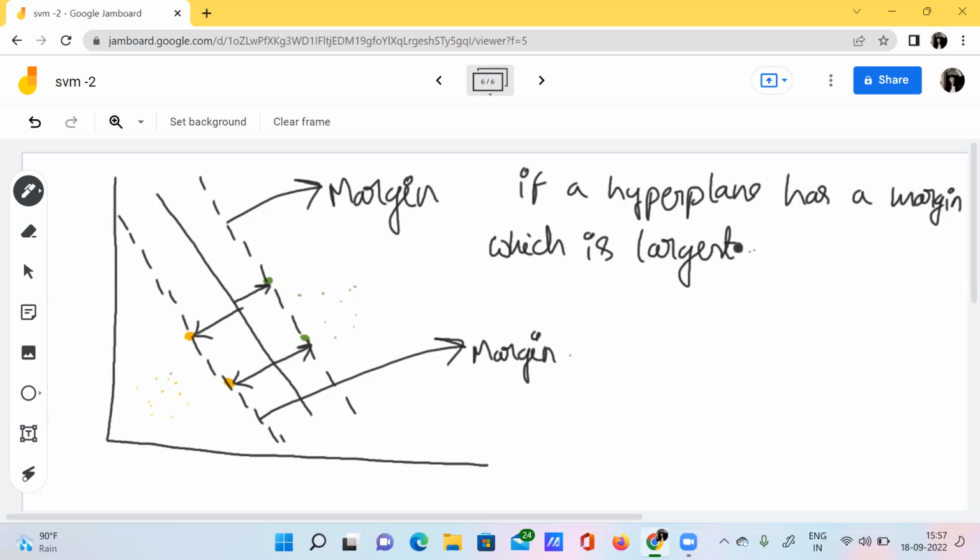If that margin is the largest, what does that mean? I'll say that, for example,